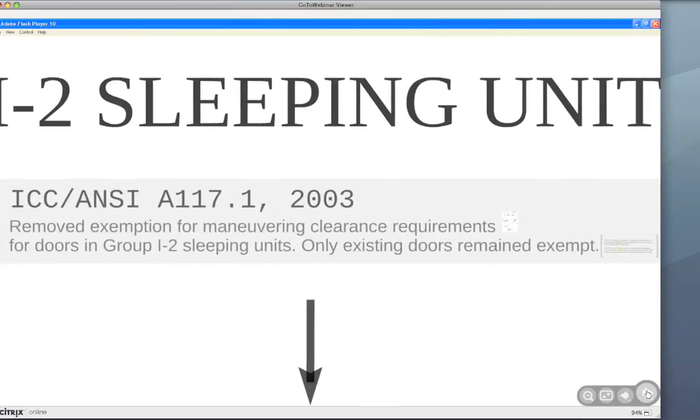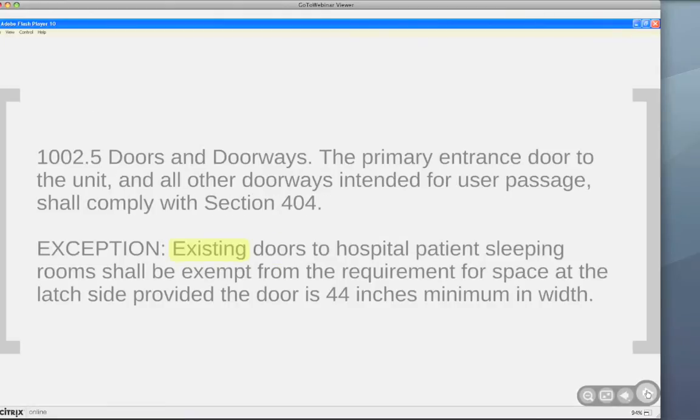So while in the past there was an exemption to some of these clearance requirements under certain conditions in I2 group occupancy, the exemption was later removed in the 03 edition. Only existing doors remained exempt. Here we read in A117.1 2003 that existing doors to hospital patient sleeping rooms shall be exempt from the requirement for space at the latch side when the door is 44 inches minimum in width. So as you can see, the exception is only for the existing doors in hospital patient sleeping rooms in the